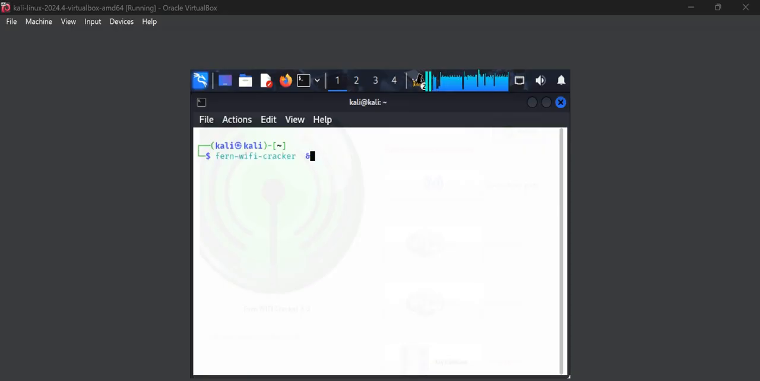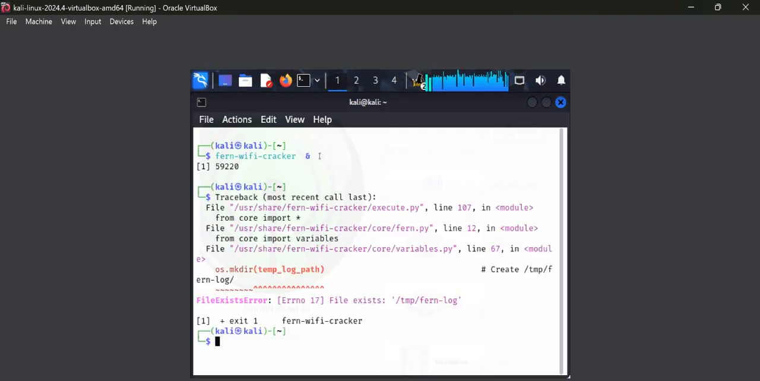aircrack-ng. So it is used for Wi-Fi auditing, and I think